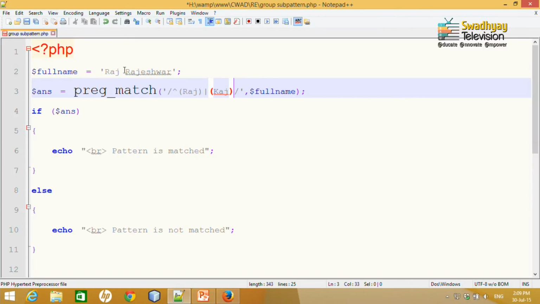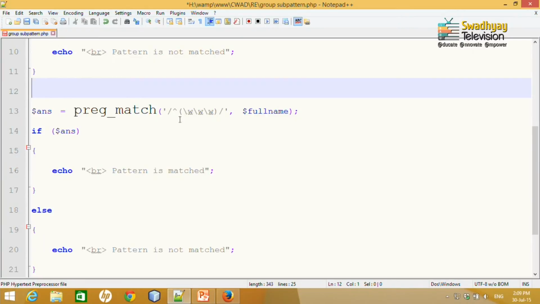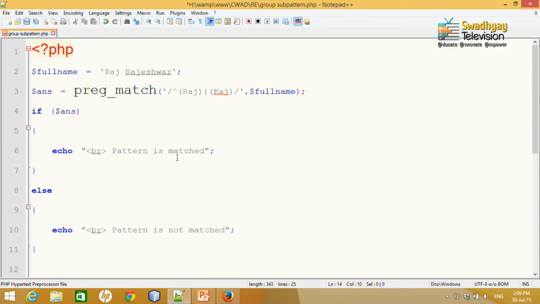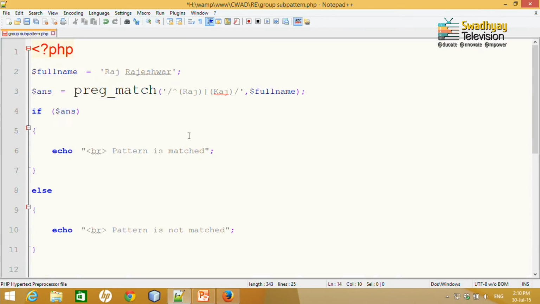So in our case, full name is Raj, so it should match. But for here, I use slash w, which is again correct, because w is for any word or letter, right? So here Raj is actually characters, upper or lower case. So again this should match. Let me run this code.